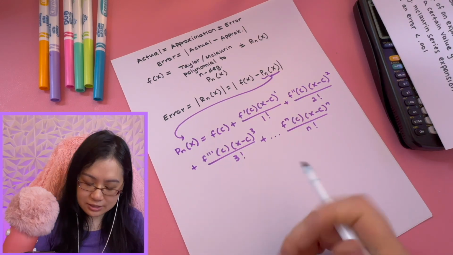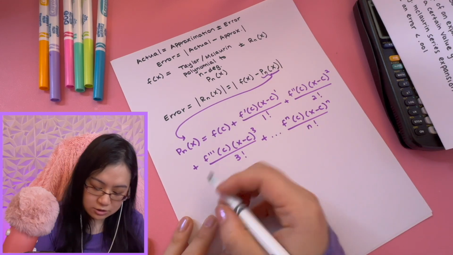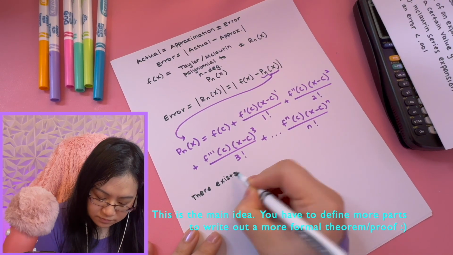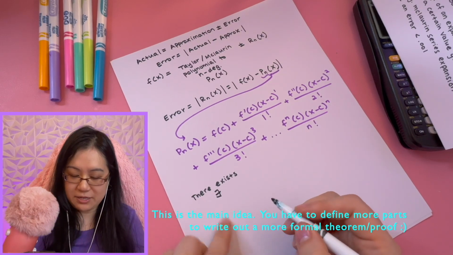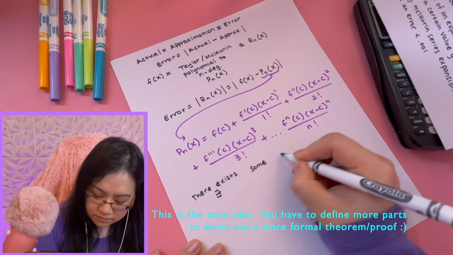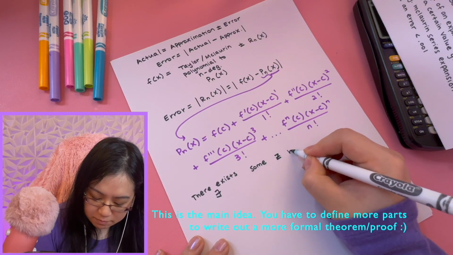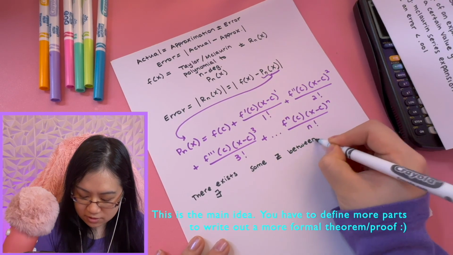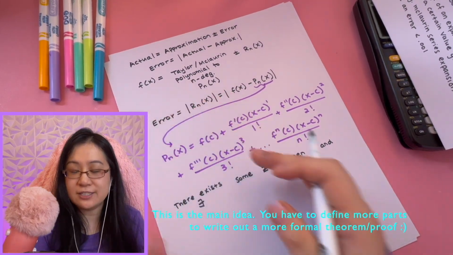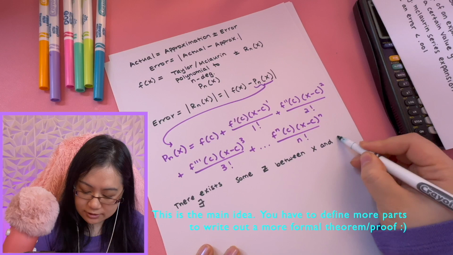Taylor's theorem says that there exists some value z. So there exists, or you can write this as there exists. That's what that means. There exists some z value, or some other variable, whatever you want to use, but some z between x and c. So remember, we're finding f of x at some value. In this case, we were doing cosine of 1, right? So between x and c,